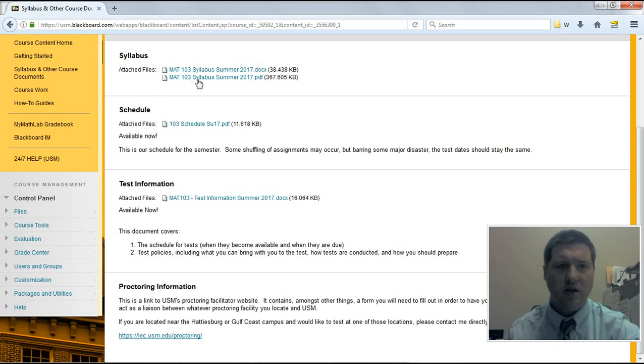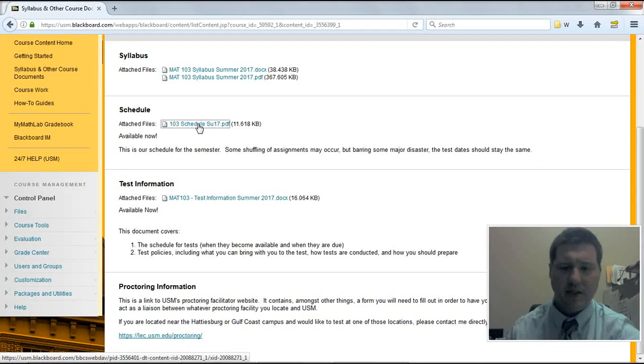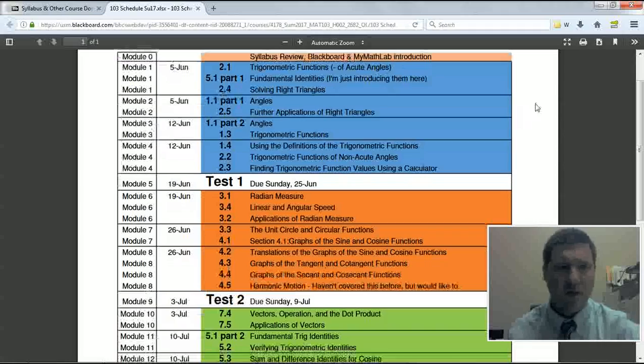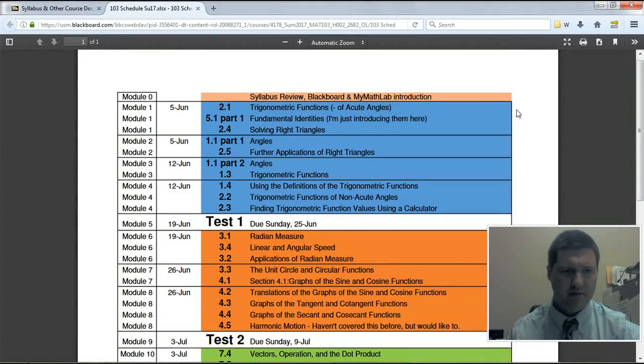So let's start with, actually I'm going to start with this schedule, just because it'll be a little bit faster to go through, and then we'll go through the syllabus. So here's the schedule. Okay, and you can download a copy of this or print it out. It should open right there in your browser. This is our tentative outline. Mostly,